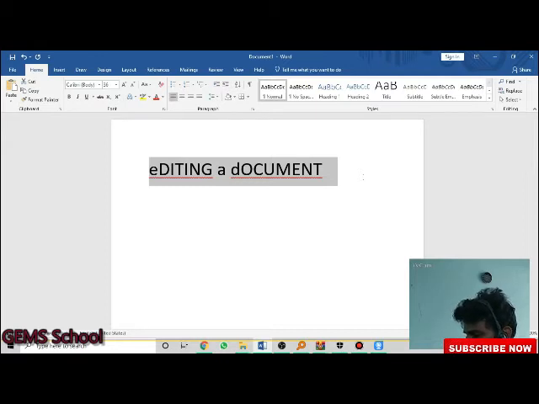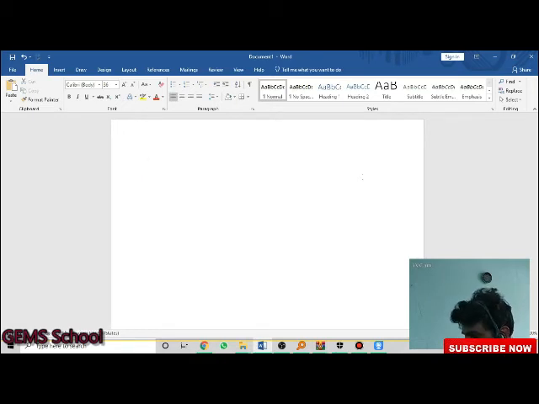Word is very user friendly. Okay, see that one again. Check the spelling. For example, take any word. I type "instinct". By the way, I typed the wrong spelling. Once you type the wrong spelling, it will display a red underline under the word. If you see the red underline, it displays that the spelling is wrong.